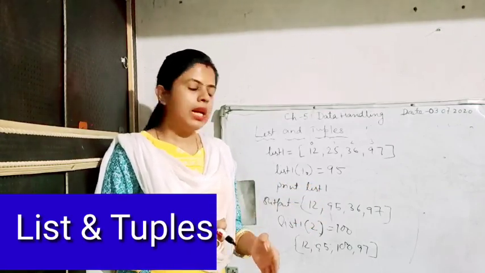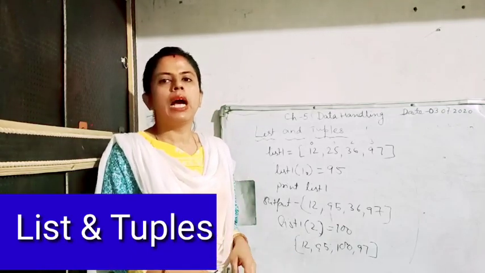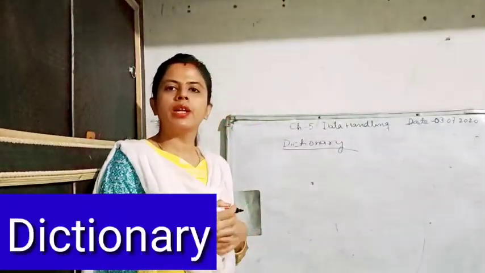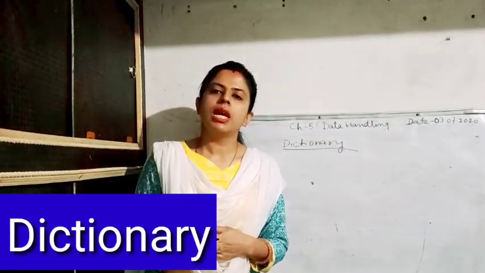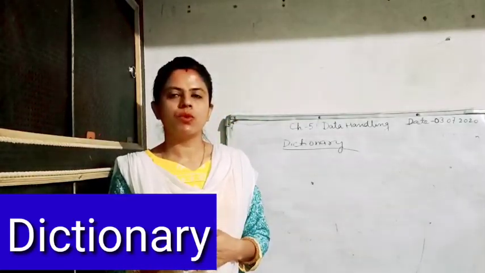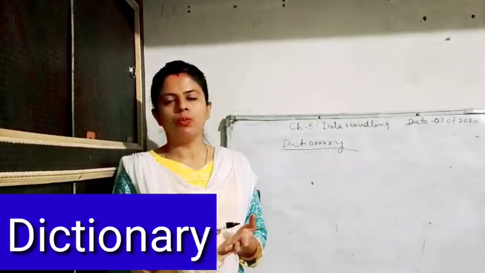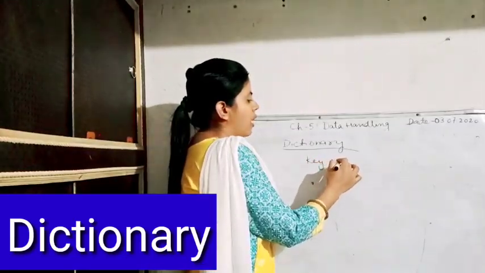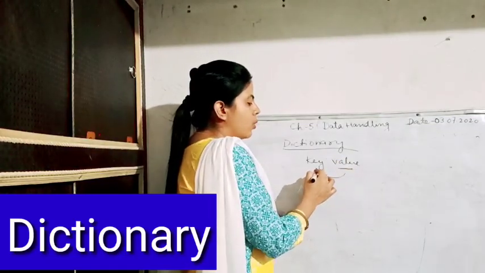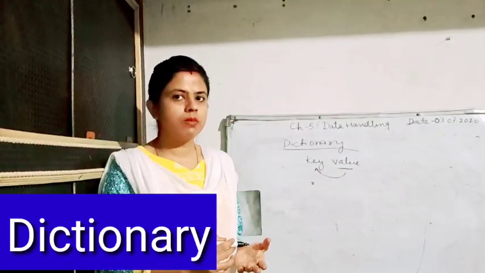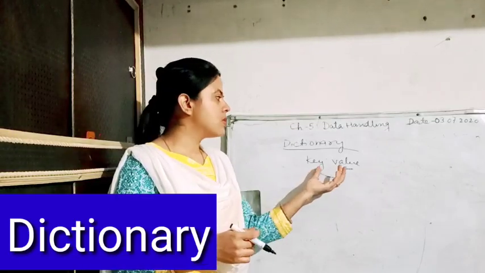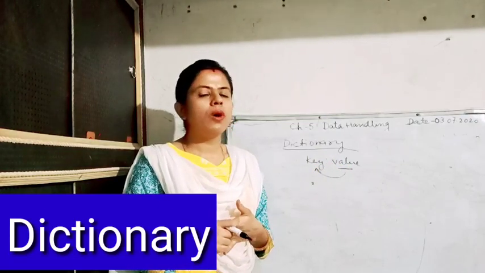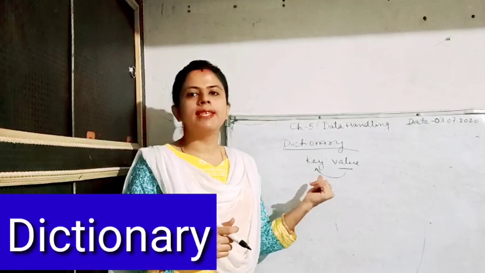Okay, moving forward to the last data type, which is dictionaries. Let's see how we can represent a dictionary, and whether it is mutable or immutable. What are dictionaries? Dictionaries are an unordered collection of data items, represented in the form of a key and its value. They are written in pairs, and the value can be accessed by the key only. Being unordered means that whenever you try to print the dictionary, it is not mandatory that the dictionary will be printed in the same order.